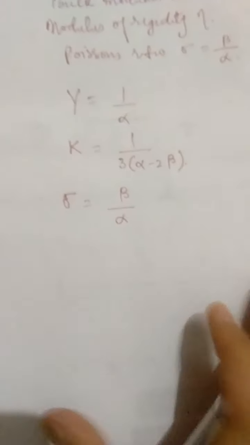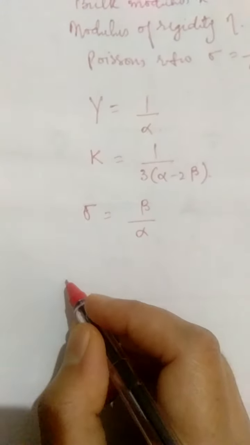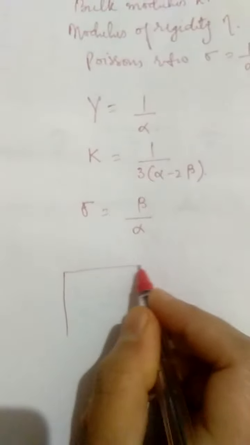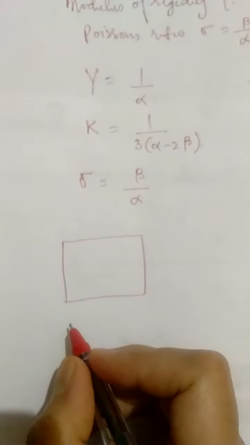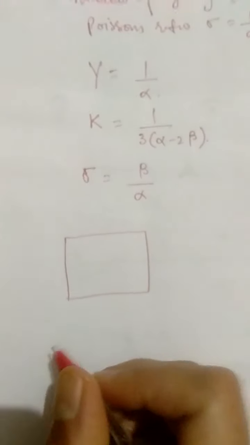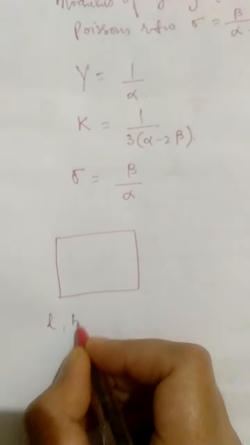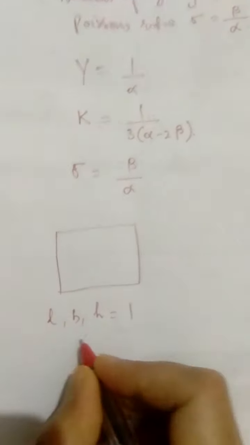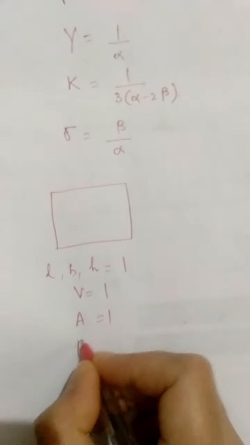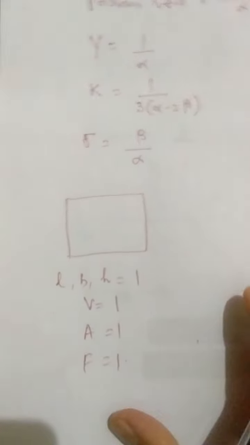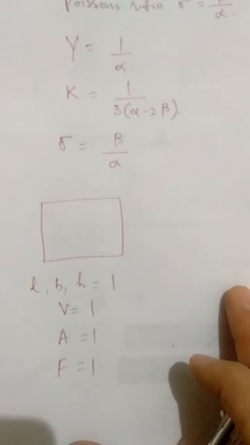So let's do that. Again, we choose a cube, just one face of it. I don't need to repeat those details: for the sake of simplicity, we choose that the length, breadth and height of the cube are 1, the volume is 1, the area of each face is 1, we are using a force of 1 Newton, and so on. This is just to simplify things, right?